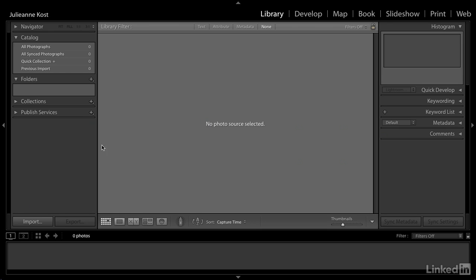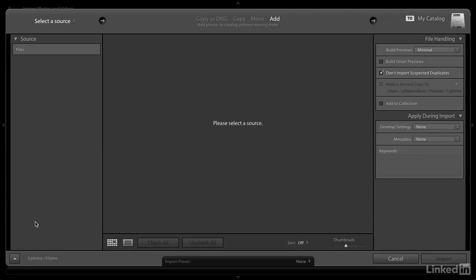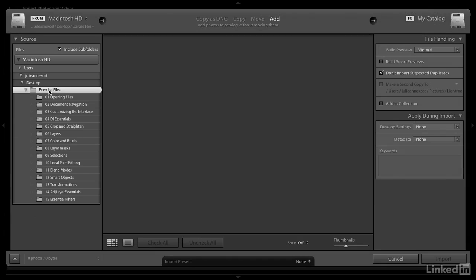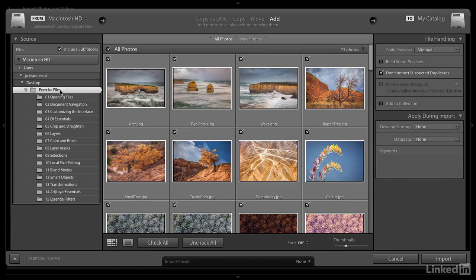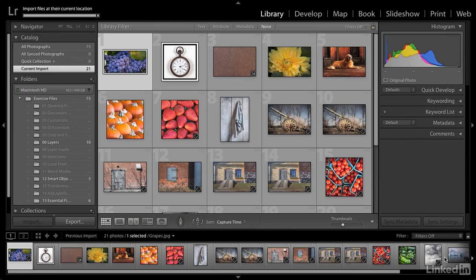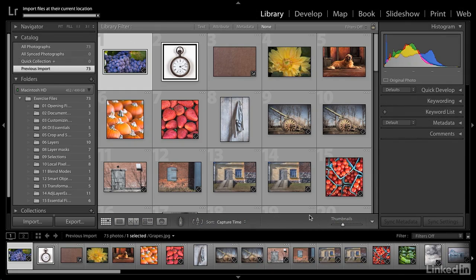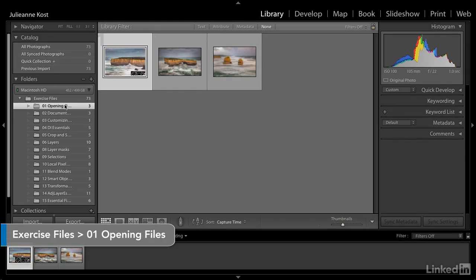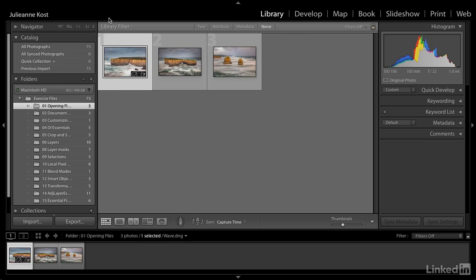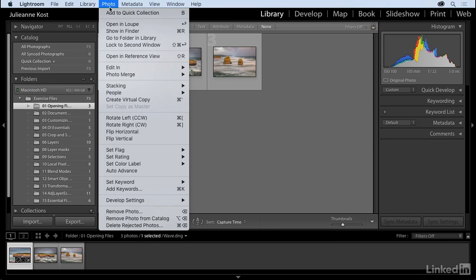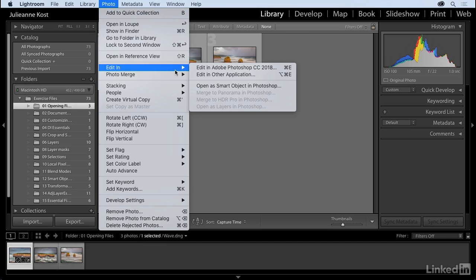In order to access the exercise files, I would click Import, then navigate to the exercise files. Because they're already on my desktop, I'll add them in place and click Import. As soon as the files have been imported, I can select the different folders here underneath the folder panel. In order to open an image, I would select it, then use the Photo menu, choose Edit In, and then